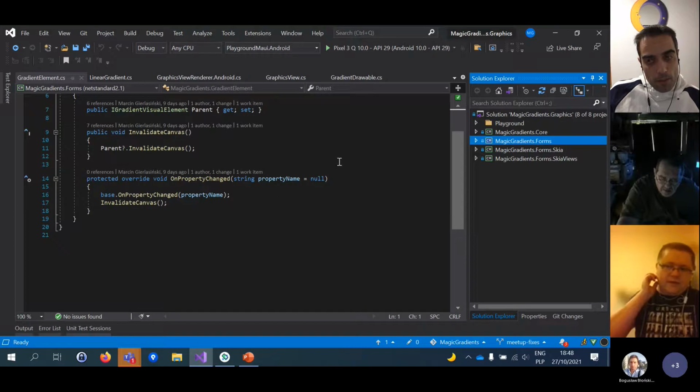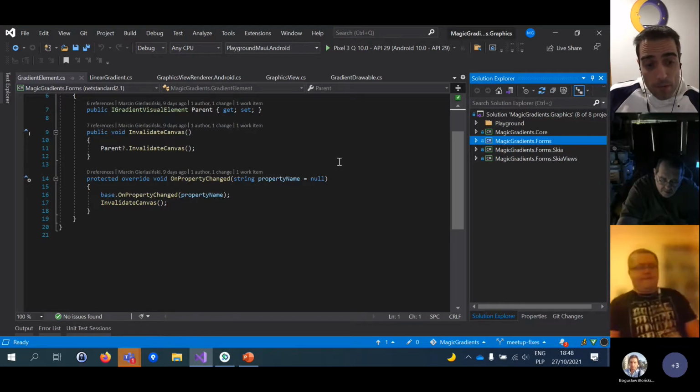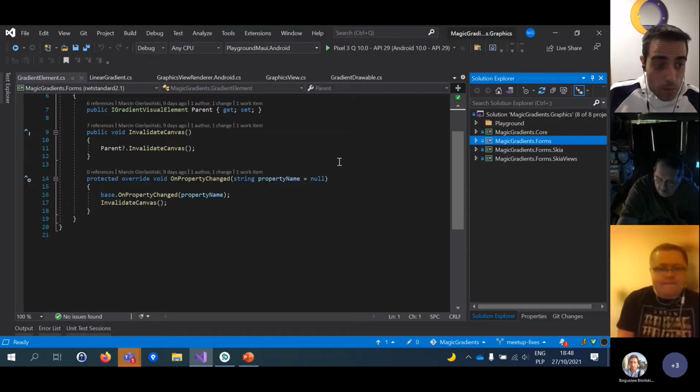So maybe I will try that. I have done some tests in that direction, for example with the Microsoft Maui Graphics control library, that is just a library creating the drawn controls using Maui Graphics. One of the ideas that I think would be really interesting, mostly for developers and for the community,